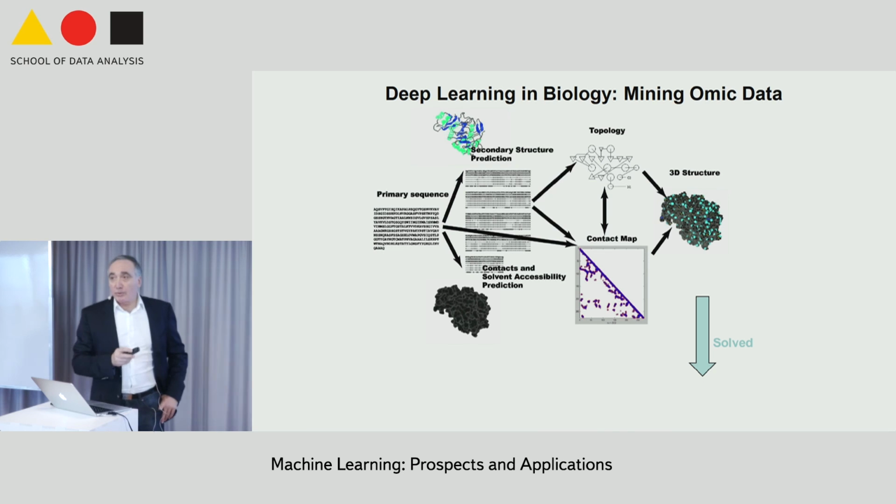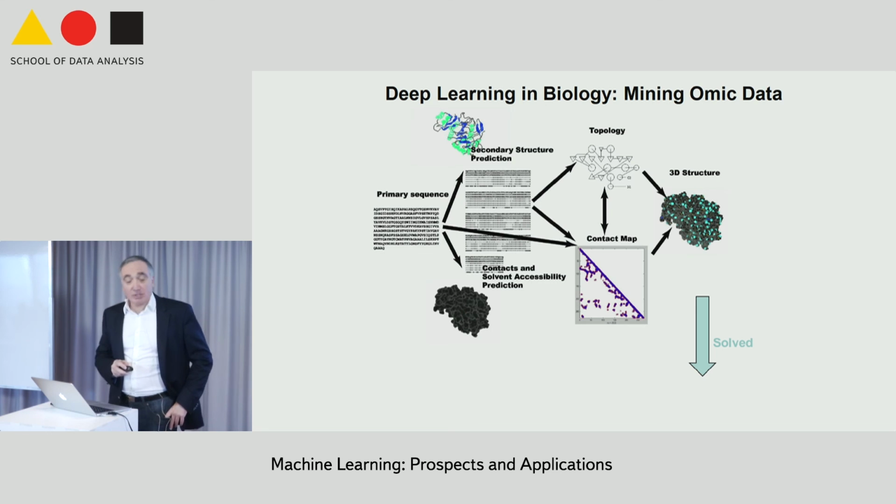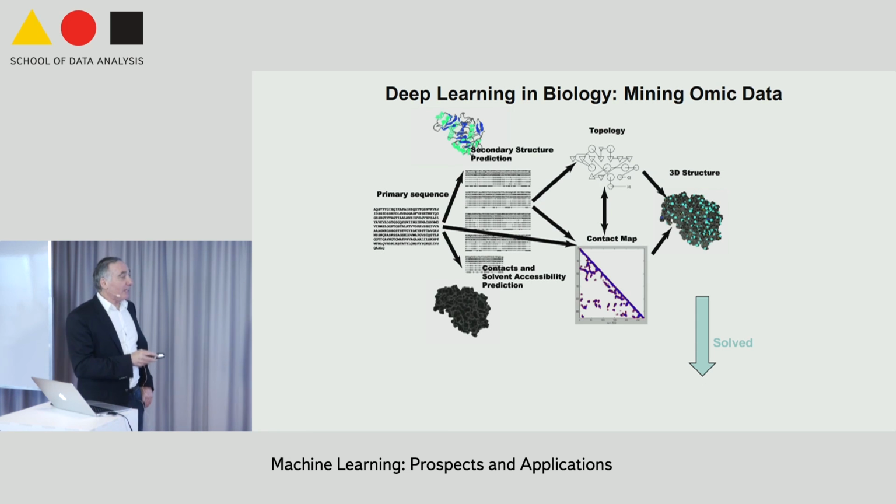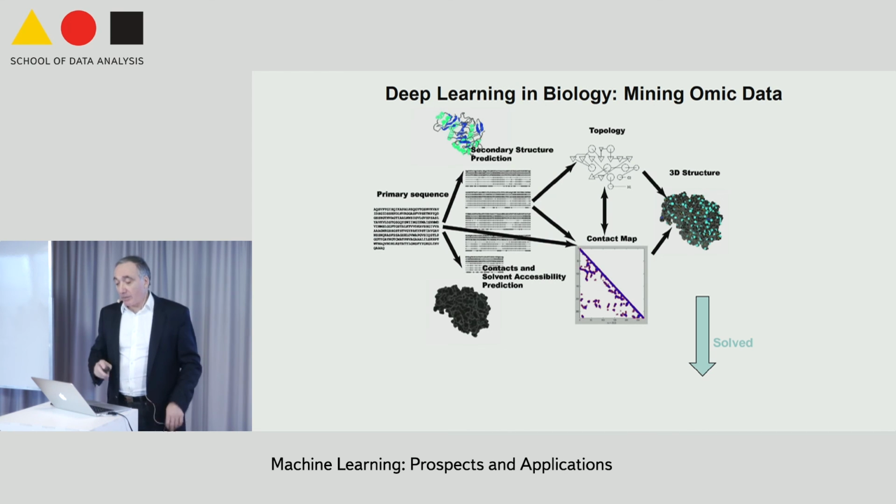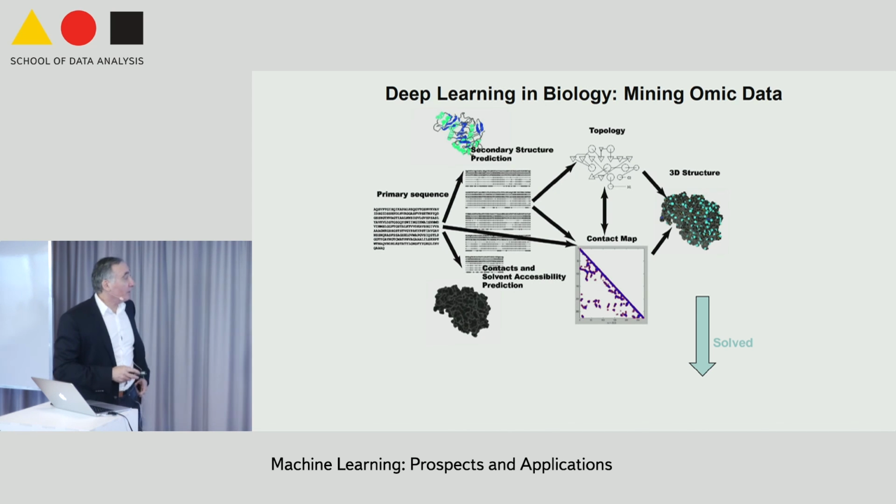This is nothing to do with machine learning. It's a distance geometry optimization problem, and it's well known that it can be solved. You can play the game of adding noise to the contact map and see how far you can go, etc. I have no time to go into those details. But third step, consider it solved.